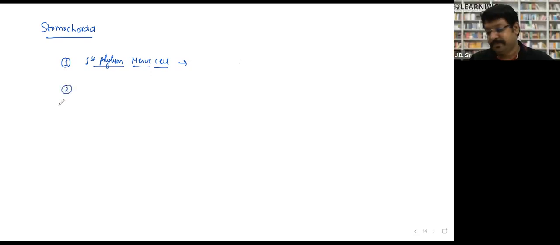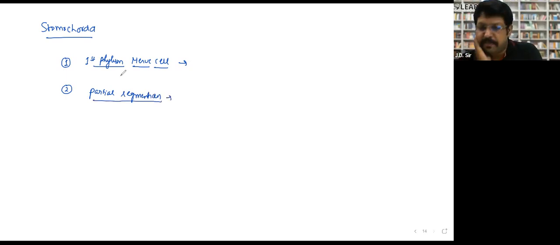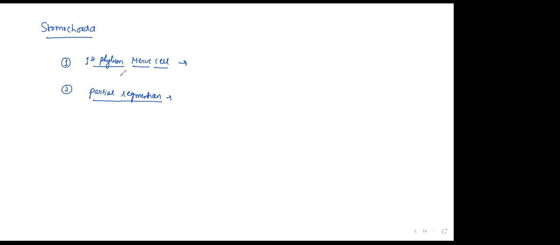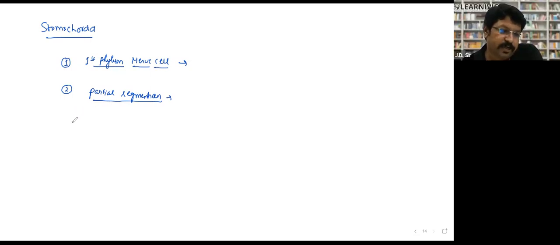Now the second question. I was telling you the part of segmentation, right? Partial segmentation is found in the animal with the partial segment. Tell me only just an example. The animal which has partial segmentation, means pseudo segmentation. Aphone. Excellent, very good. Samara is also telling, very good, great. So keep on giving me answers this way, I'll be happy.